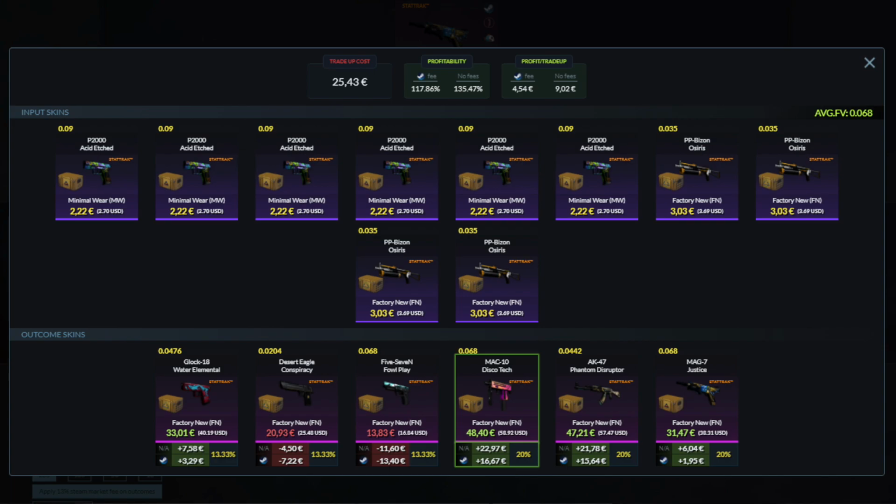So as with most trade ups, like 99% of them, the important thing is to keep the average float under 0.07 because that's going to get you all of the outputs in factory new. This trade up is the riskiest of all, but I'd consider it still pretty safe because you have a 74% chance to make profit. For the Breakout skins, you'll lose about €13, which is about half of the trade up